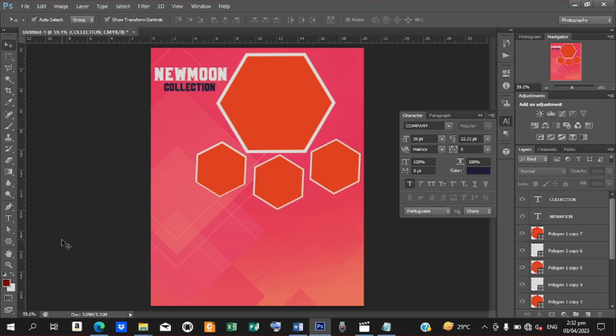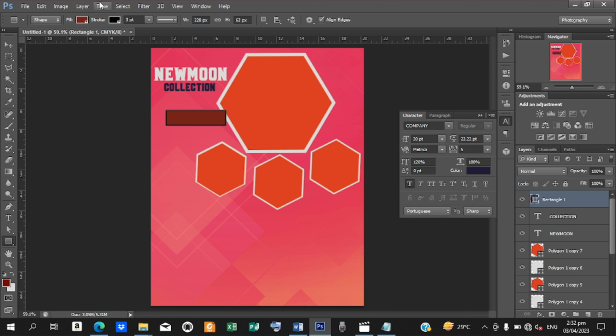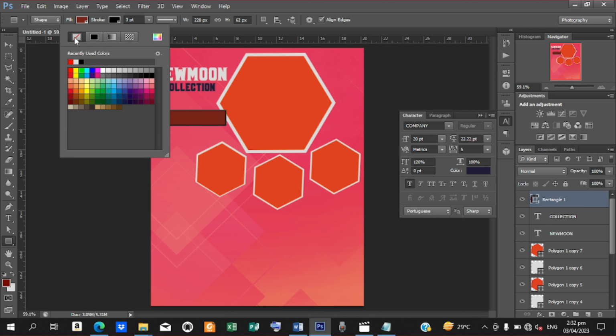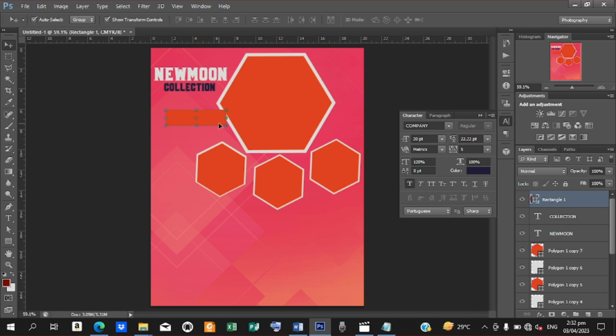Okay, now the next thing I'll do is I'll go back, pick my rectangle tool, make a shape like this. Let me take out the stroke, and then let me change the color to this orange color, bring it to this end, let me close it. Okay, right click on the shape and rasterize this layer, pick your polygonal lasso tool,